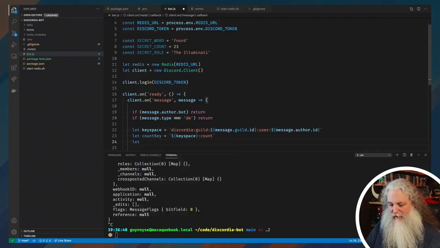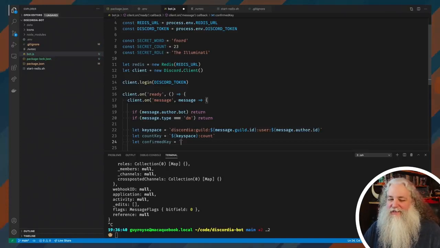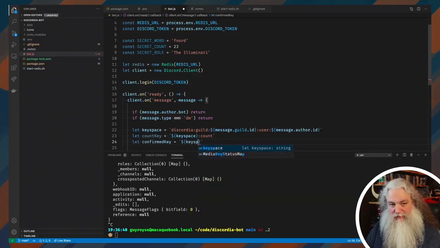We need the confirmed key. We need to see whether you are confirmed to be a member of the Illuminati or not. When your count exceeds it, we'll set this as a bit to high. Otherwise, it'll start out as a bit to low. And so this allows us to shortcut this process. We don't need to count your words or any of those things if you're already in. So we can stop counting. So I'm going to give that a key space